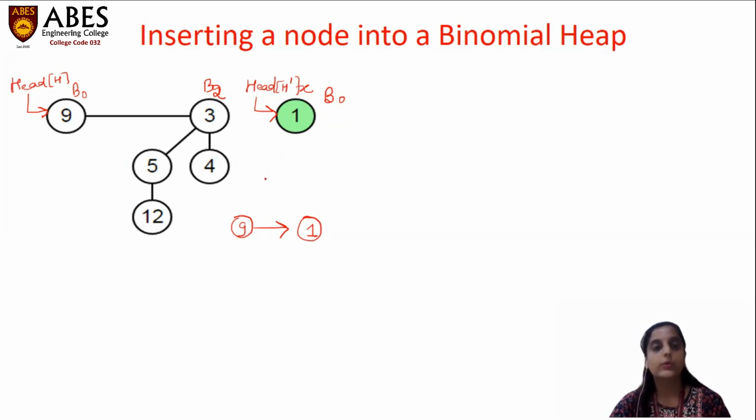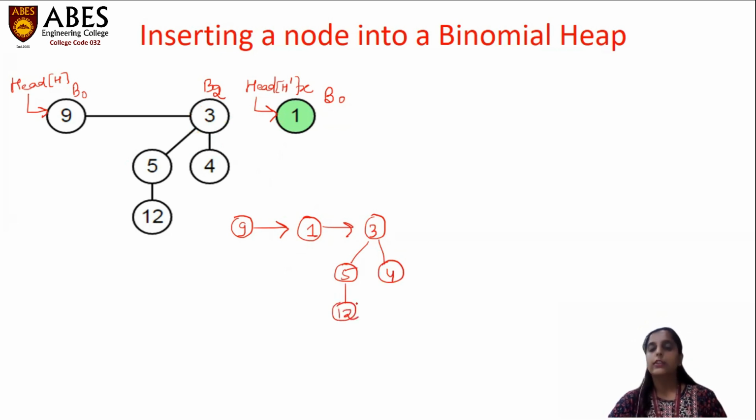So we'll leave it. We'll check for B2, we'll get one binomial tree of the order B2, so we're going to fix it here. So it is 3, 5, 4, and we have here 12. Now, this is one binomial heap, but when we have studied the properties of binomial heap, at that time we